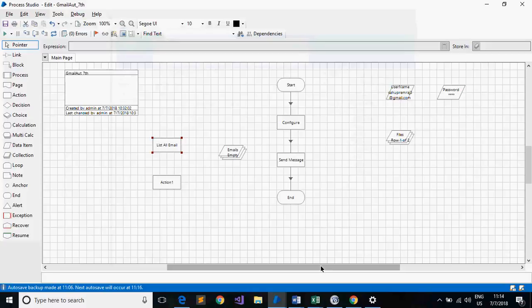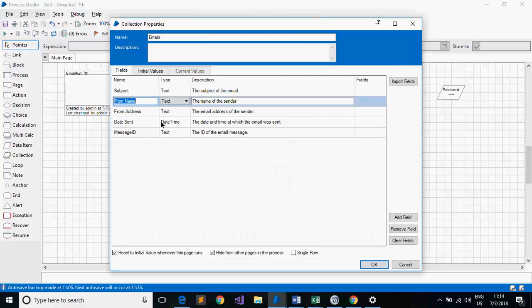You get all the list of emails, then after 10 minutes or 5 minutes at a regular interval, check all the emails again. If the number of emails is increased by 1 or 2, that means that you have received 1 or 2 new emails. That time, this emails will give you,